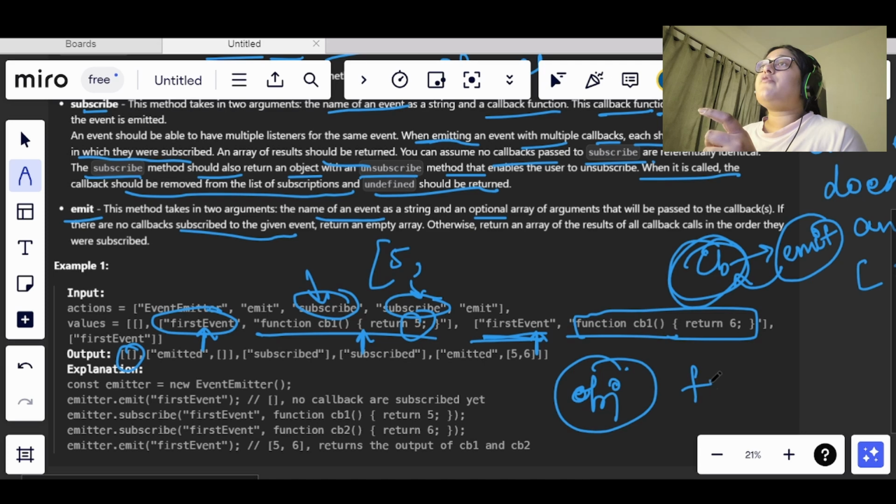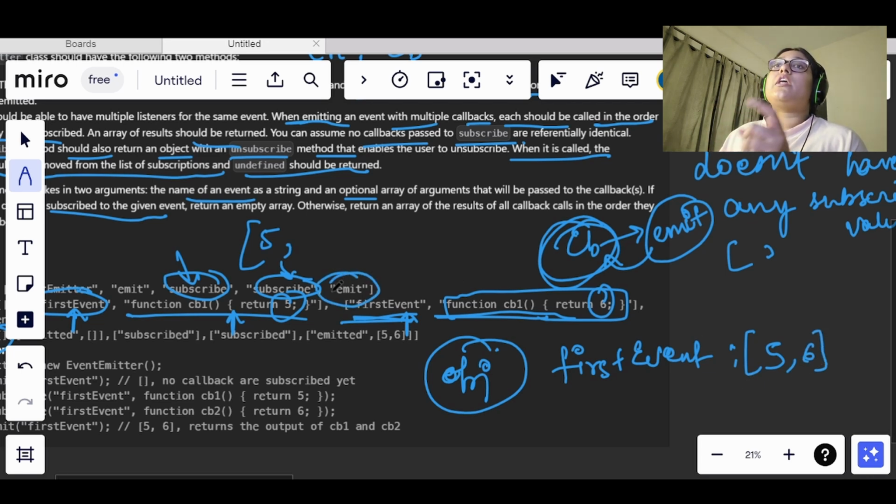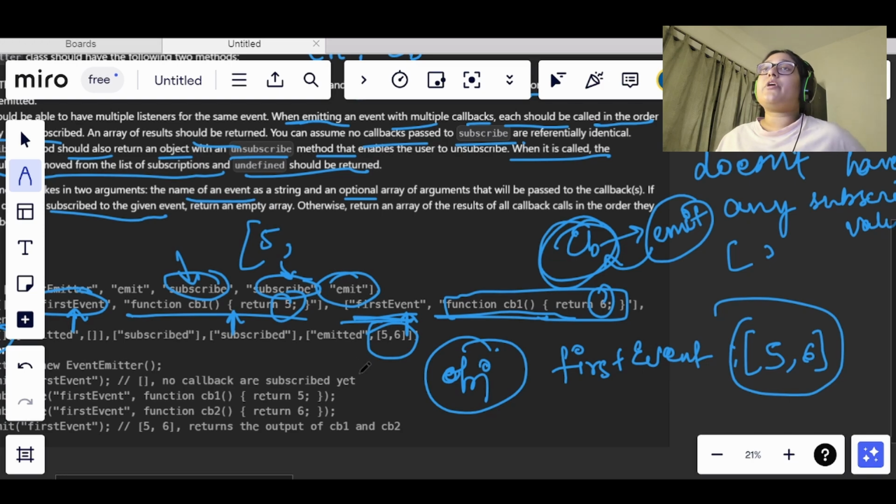Our first event has two values returned: 5, and the second time when subscribe is called, it returns 6. So our first event has 5 and 6. Now when emit is getting called, we need to return the result. So we will simply return this 5 and 6 as shown here. Okay, so this is what we are supposed to do.